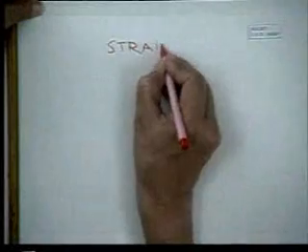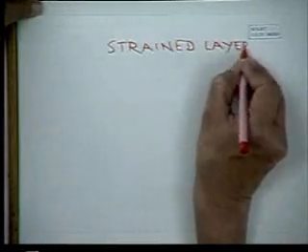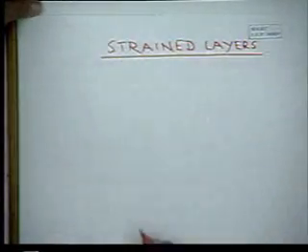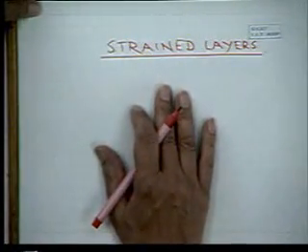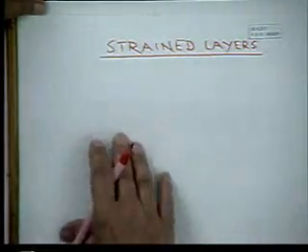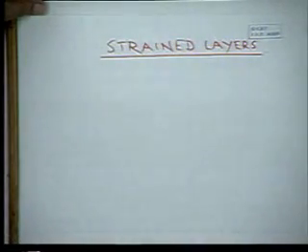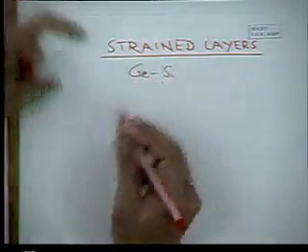I've already talked about what is the critical thickness of strain layers, how it can be calculated, and then I've discussed the advantages of strain layers in lasers. I've jumped from the basic physics to applications. I've talked about what is the threshold current density, what is the gain of strain layers as compared with unstrained lattice matched layers. I've talked about one system, germanium silicon, that is a very well known